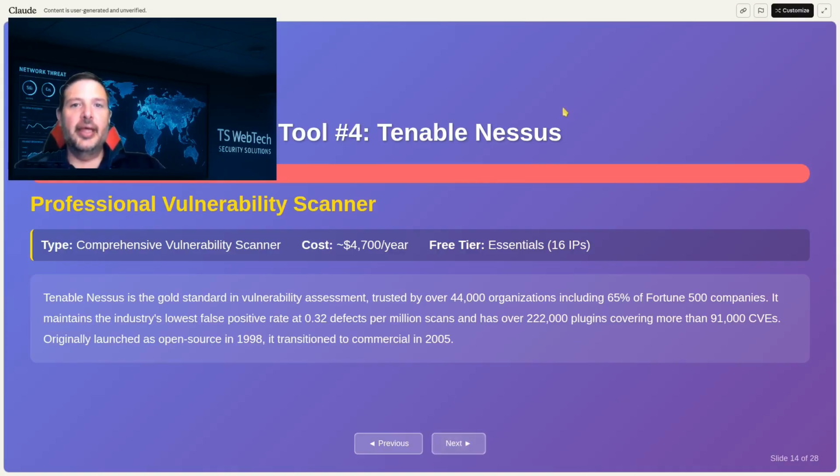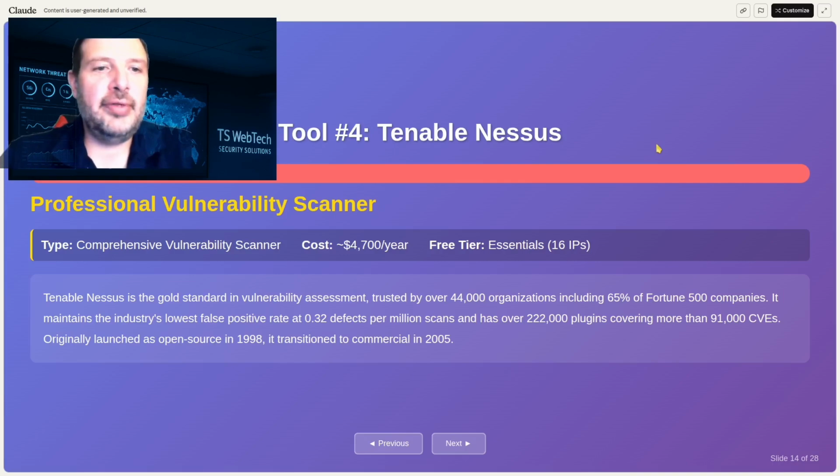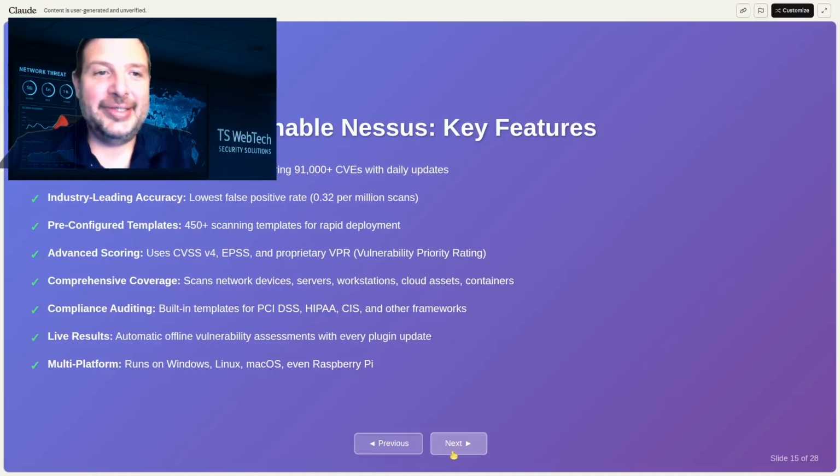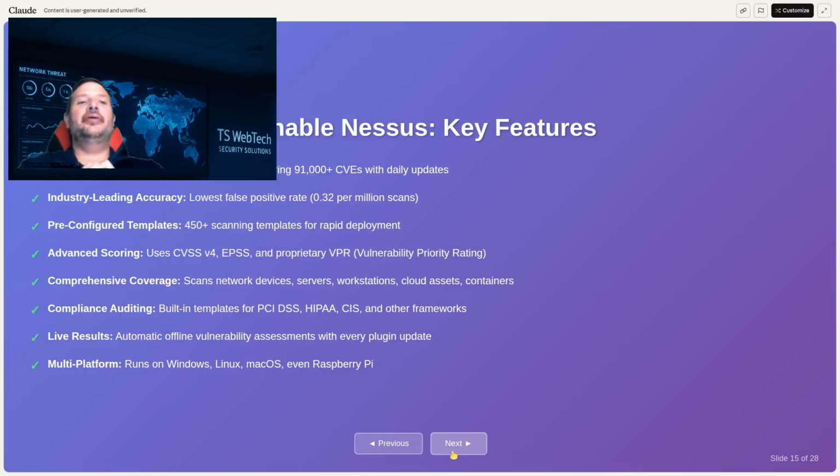So Nessus, the first one was forked off of this. Oh, as you can see right here, it costs you almost $5,000 a year. It's used by Fortune 500 companies. It's beefy and it's costly. But it's got a massive library of 222,000 plugins, 91,000 CVEs with daily updates,